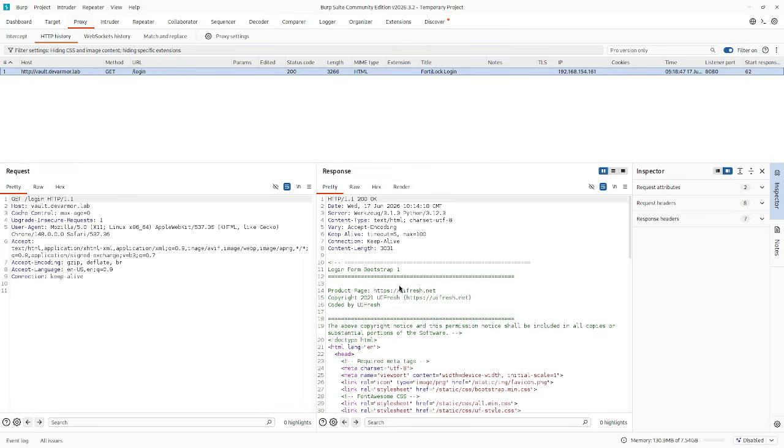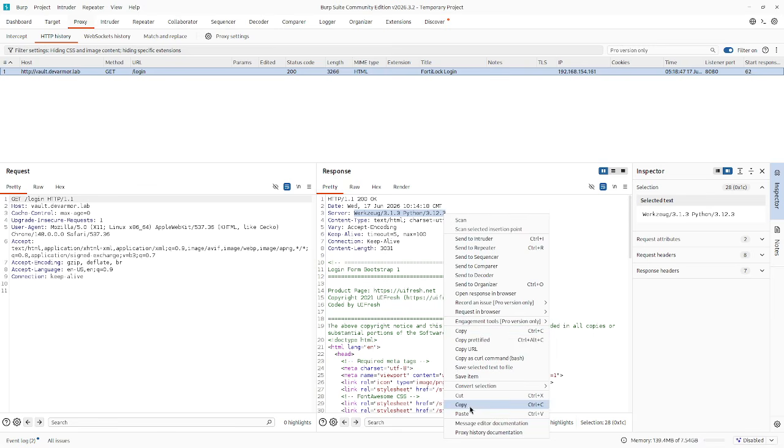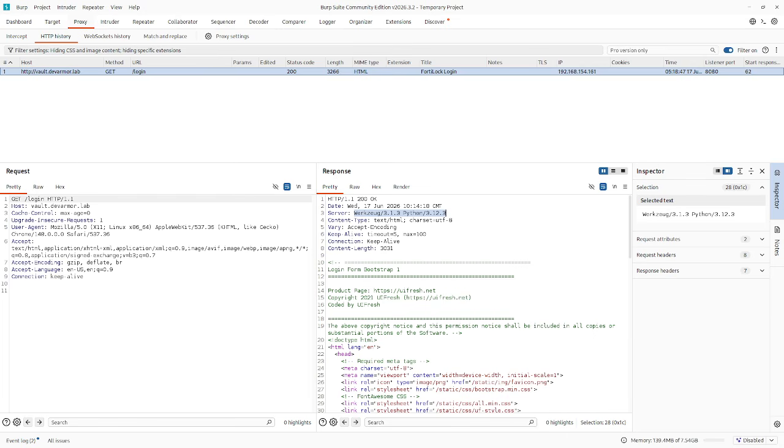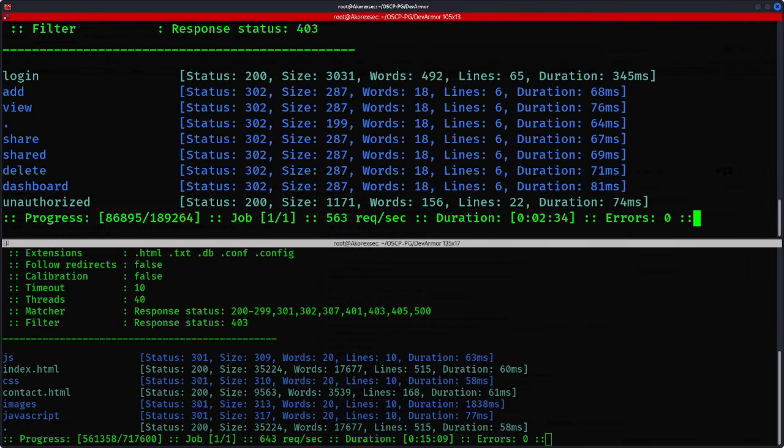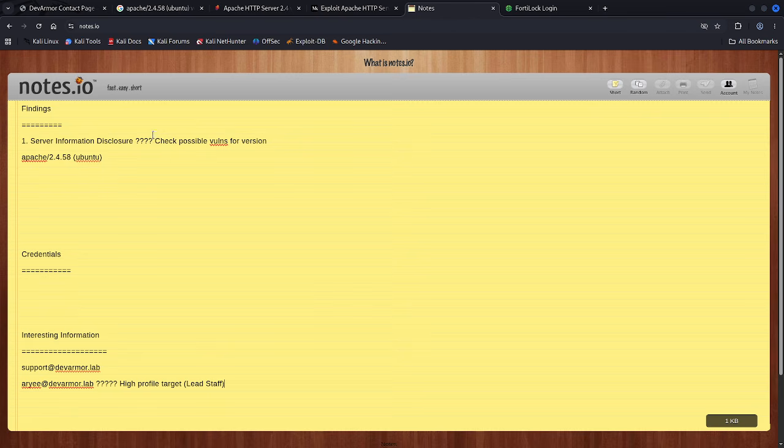So we have the login page. We can also notate this as well. This is another server information disclosure here. So we definitely have to be suppressing the server information because it might give an attacker a way to enumerate the server, check which underlying stack the server is running, or possibly search for public exploits against the running server. So let's include this into our findings,